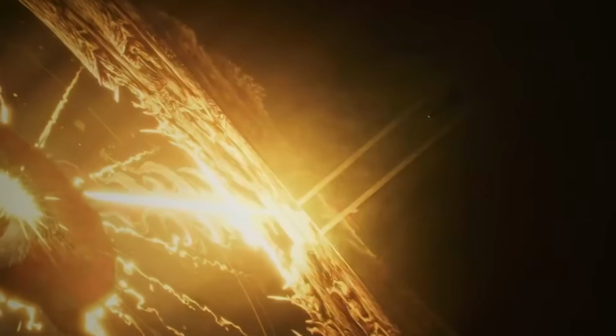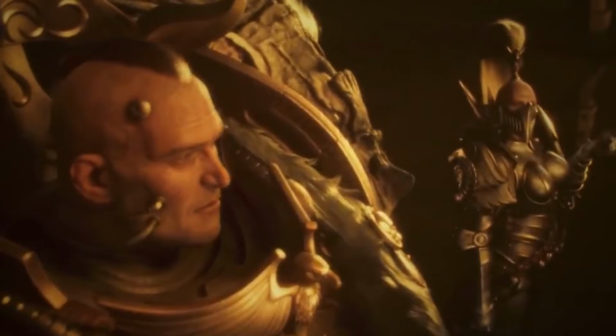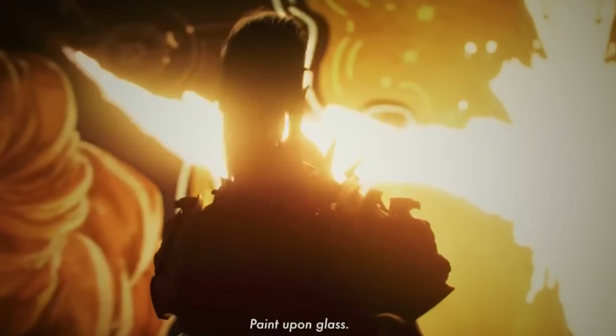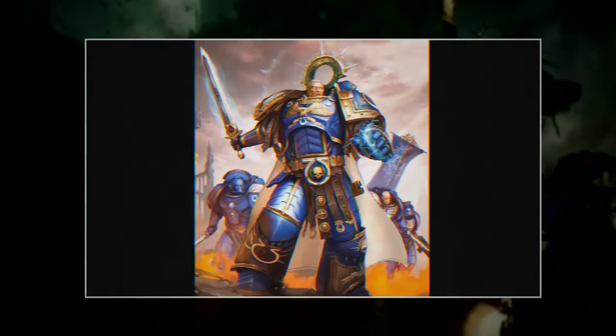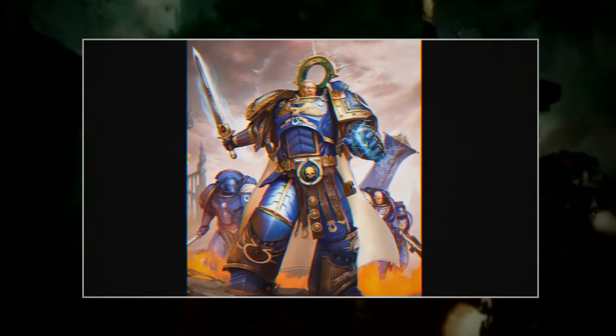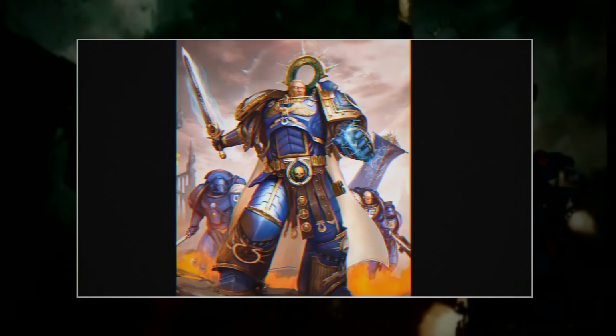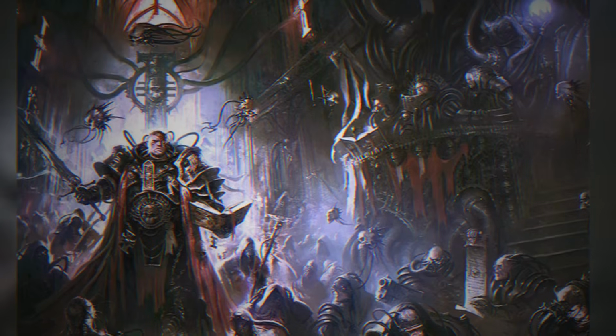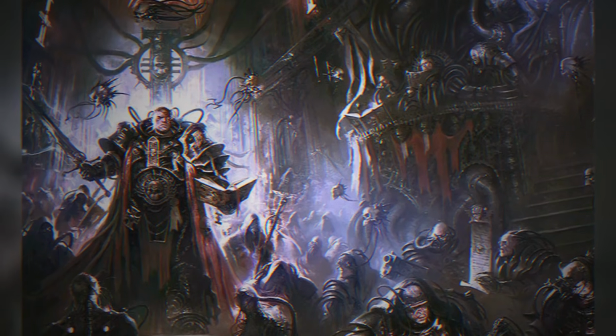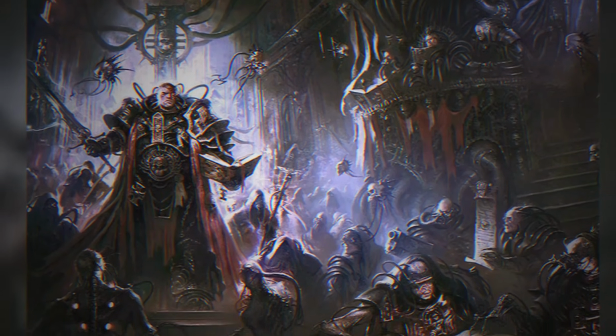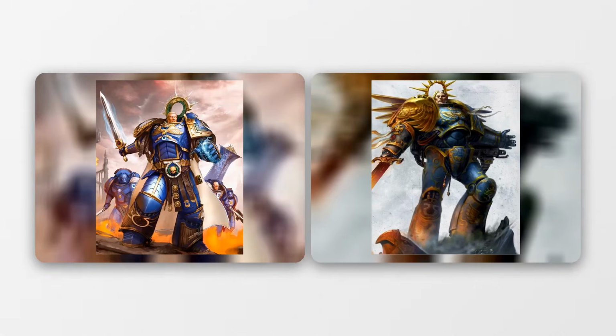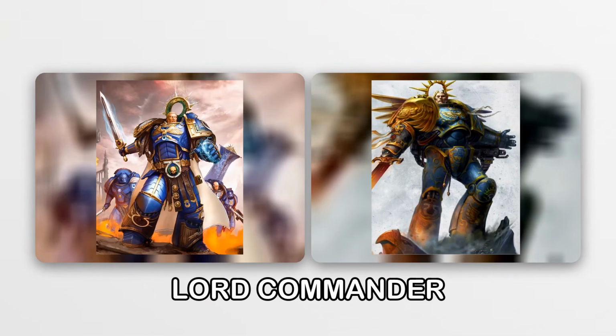His initial interactions with the High Lords of Terra, the bureaucratic rulers of the Imperium, were marked by barely concealed disgust at their petty squabbles and adherence to tradition over pragmatism. Despite his profound disappointment, Guilliman, ever the strategist and administrator, recognized the dire necessity of his presence. He was the only one capable of uniting the disparate factions of the Imperium and leading them in this desperate hour. And so, in a move that shook the very foundations of imperial power, Roboute Guilliman was appointed Lord Commander of the Imperium by the High Lords of Terra.